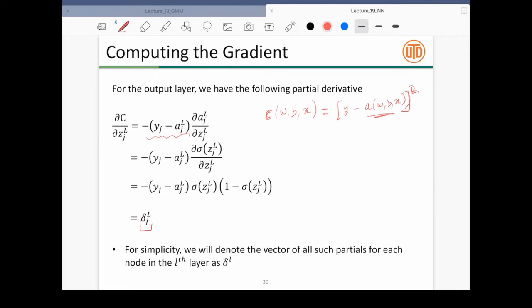Now what we want to do is compute the gradient at the L minus 1th layer, assuming you know the gradient of the nth layer. So we start from the end. That's why it's called backpropagation. We are going backwards. And that's the reason in deep learning it's called the forward pass and the backward pass.